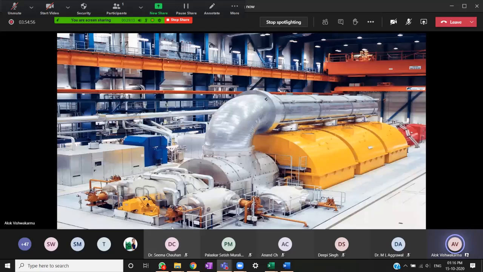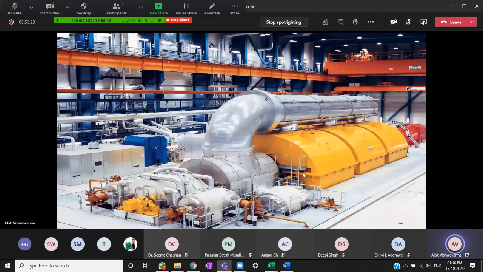Basically, this is a large area. In fact, if you can visualize it, this yellow part is the turbine. The turbine also has three parts: high pressure, intermediate, and low pressure turbine. So this entire structure you are looking at is the turbine. Then this part is your generator,